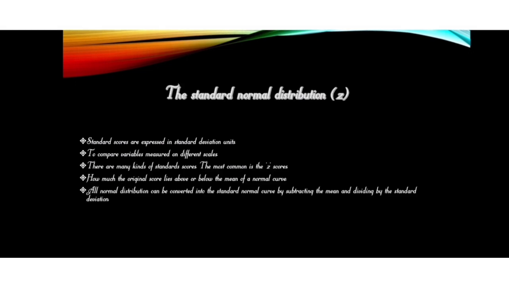The standard normal distribution. Standard scores are expressed in standard deviation units to compare variables measured on different scales. There are many kinds of standard scores. The most common is the Z score. It shows how much the original score lies above or below the mean of the normal curve. All normal distributions can be converted into the standard normal curve by subtracting the mean and dividing by the standard